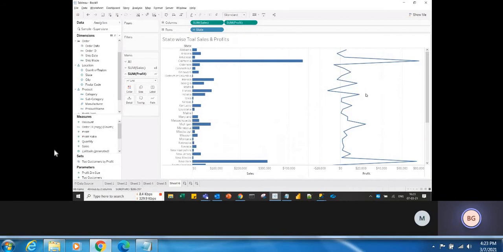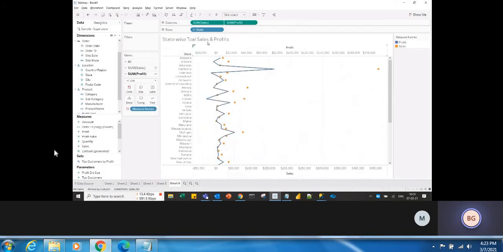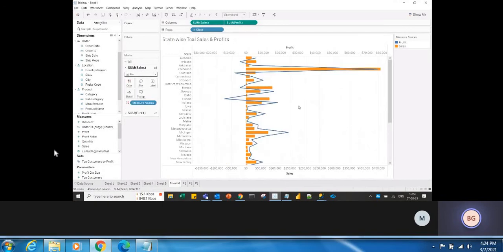Okay, if you make it a dual axis, just click on this and use dual axis. See what happens, both the charts will show in a single way, but here the sales are showing as circle chart. So go to the sales, here it is showing circle, so change that to bar. Okay, see, so you have the bar chart and the line chart both together.